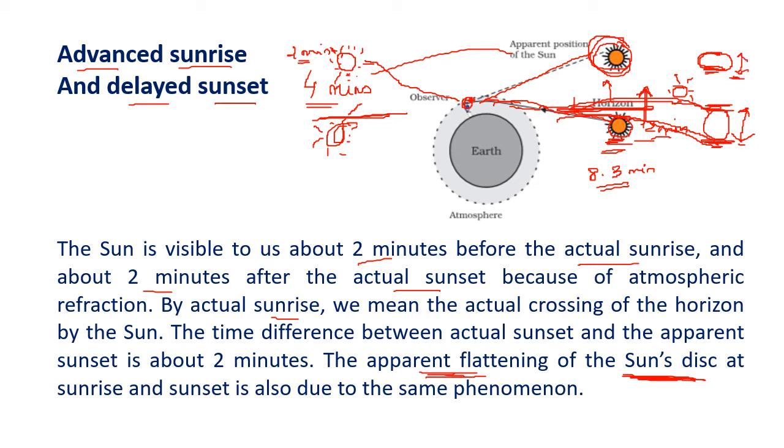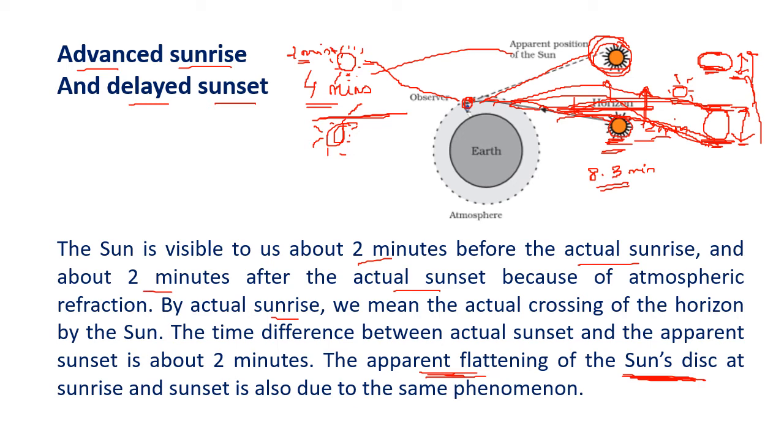So for the bottom surface the refraction is more, in the top surface the refraction is less, because the light from the bottom surface travels more distance, light from the top surface travels a lesser distance. So at the horizon, when the sun looks a little flatter, that is the flattening of the disk. So we can see atmospheric refraction plays such a big role in our vision. Even though the sun's shape and position are not changing, because of atmospheric refraction, we see things differently. So there is a 2 minute early sunrise and 2 minute delayed sunset. We actually get 4 extra minutes in the day.